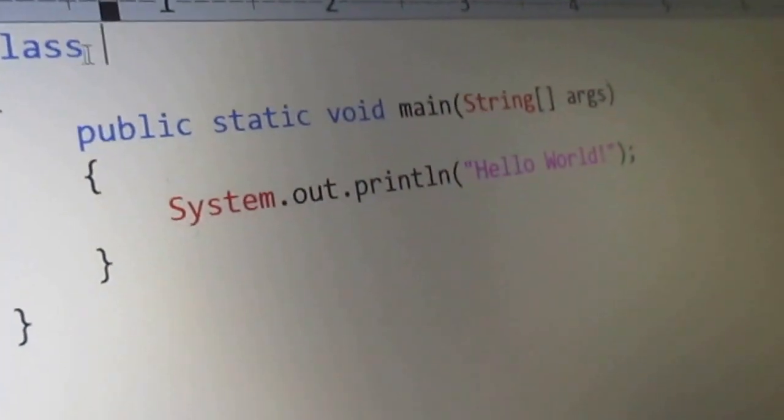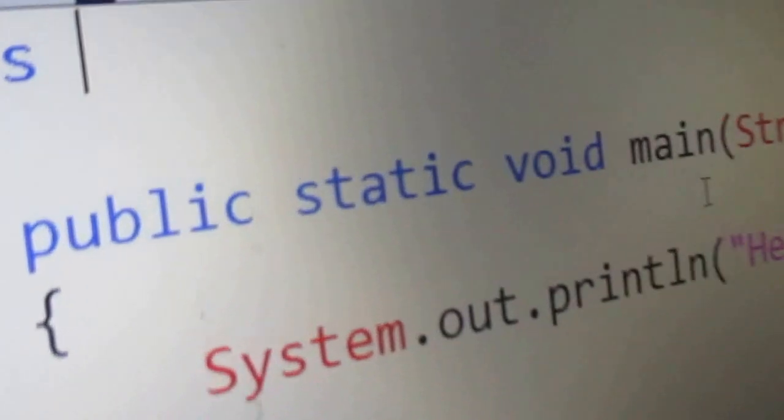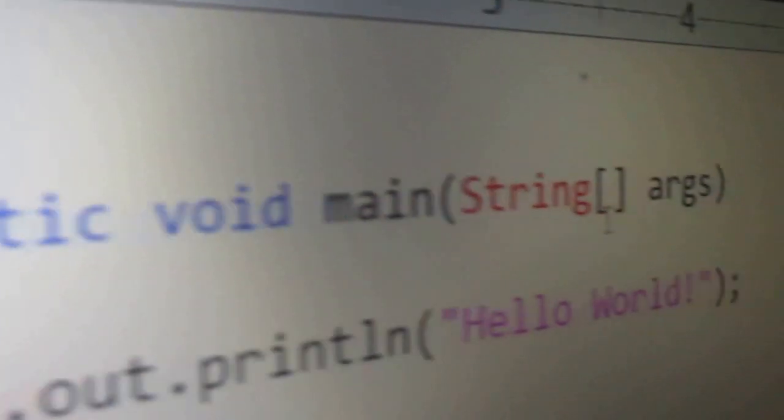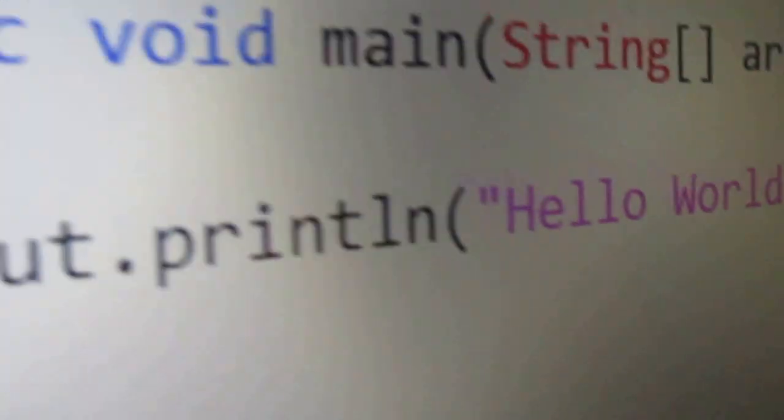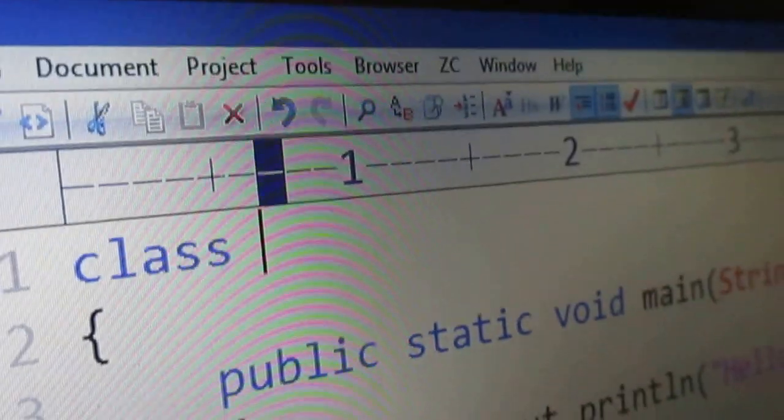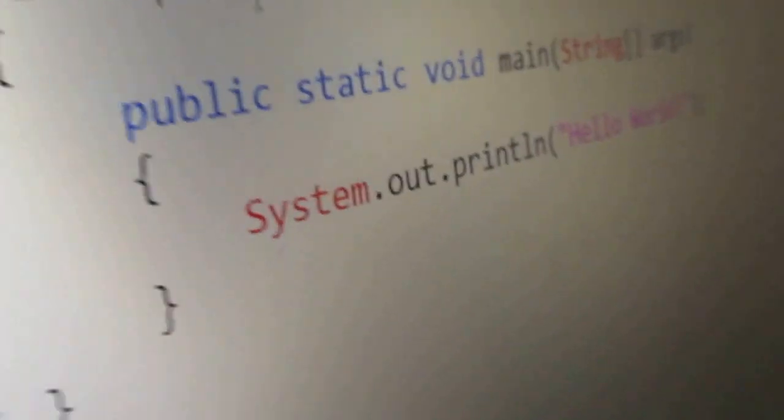The keywords are shown in blue, the class names in red, and whatever statements we write in double quotes are displayed in pink, and other things in black. Here I am keeping my program name as sample.